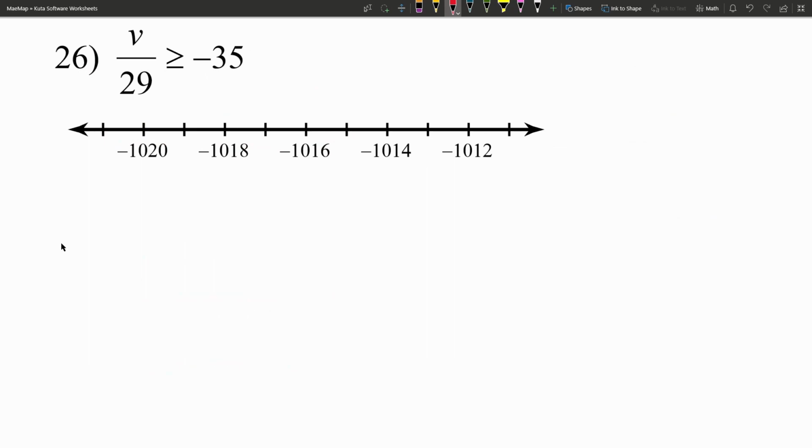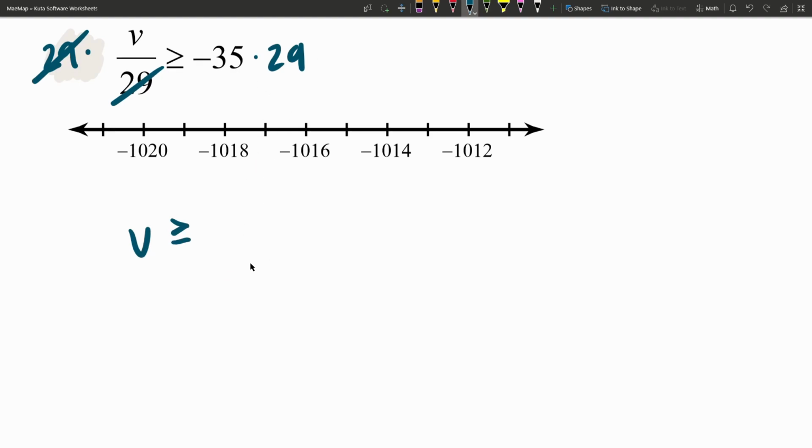Now, onto the last problem for this worksheet, number 26. Get ready to work with some larger numbers again. So we have v divided by 29 is greater than or equal to negative 35. All we have to do in one step is just multiply by 29. Doing so, we'll get v on our left-hand side of our inequality is greater than or equal to negative 35